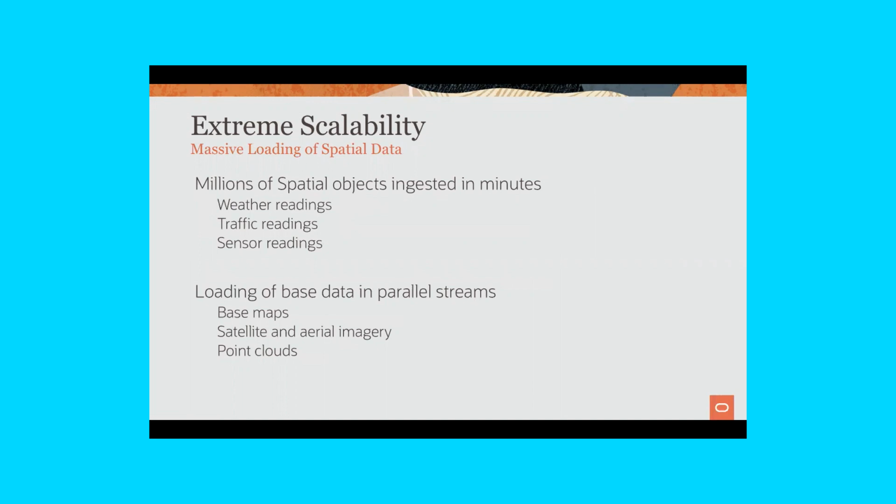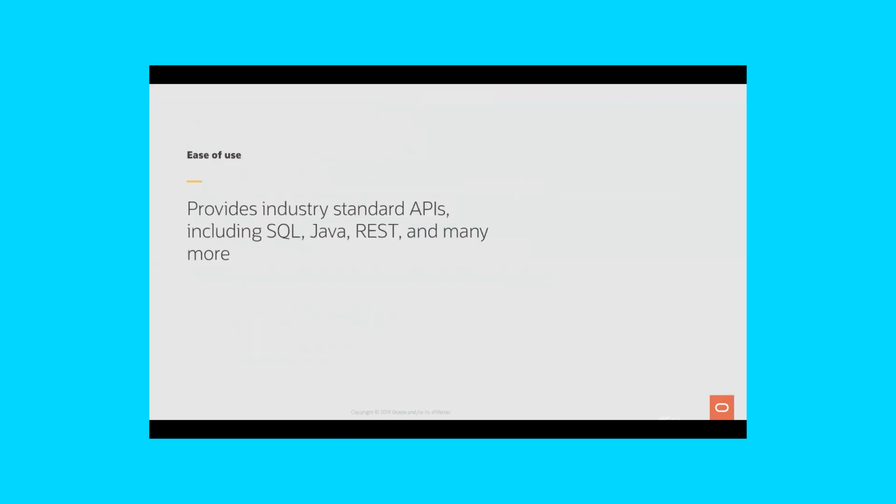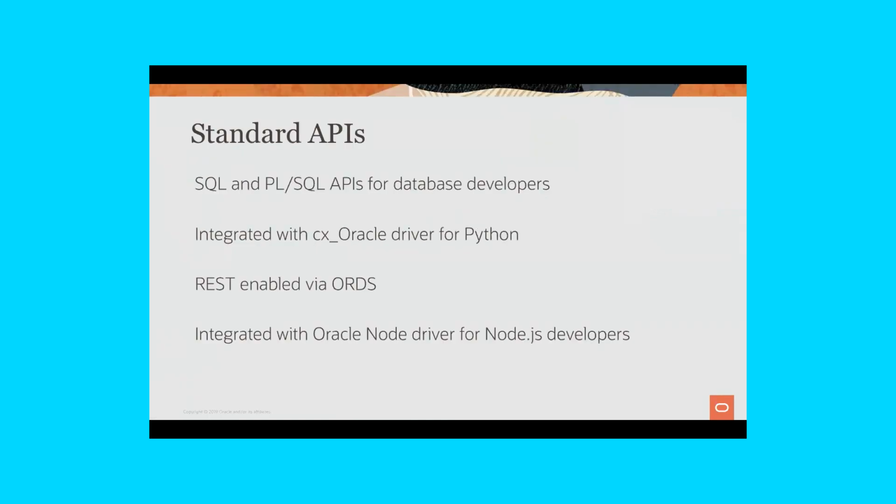Okay. And also at the same time, we can load massive amounts of data into the spatial database very quickly. So we have large numbers of customers who load billions of points and petabytes of data in a few hours into Exadata systems to do this data management. So we take care of the performance, and then what about all of the APIs that we provide? As we mentioned, since we are part of the database, PL/SQL and SQL are the primary APIs that we provide, and a lot of analytic capabilities are provided using those APIs.